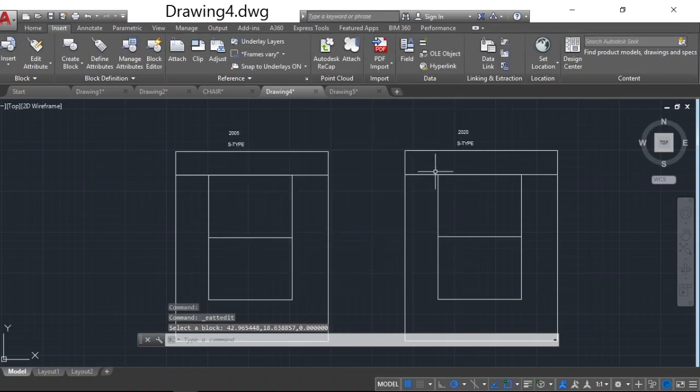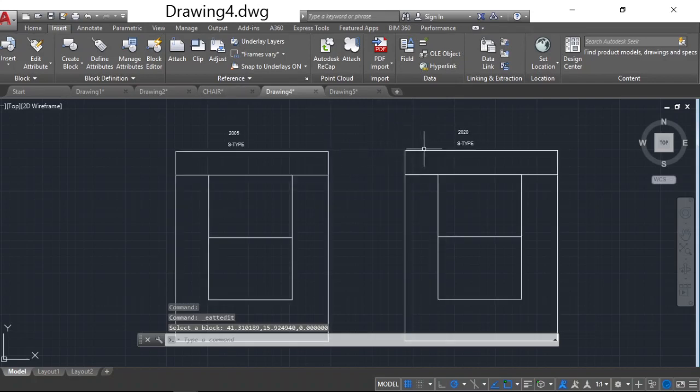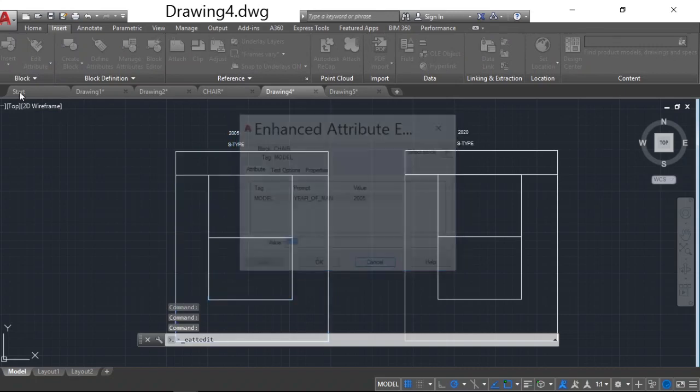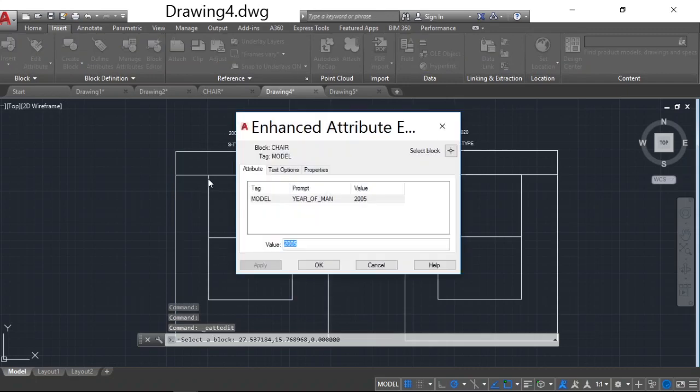So double click on the block, it is going to open the block editor window. So how can we open the block editor window? Double click on the block.